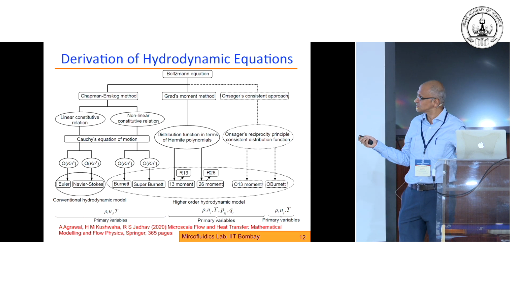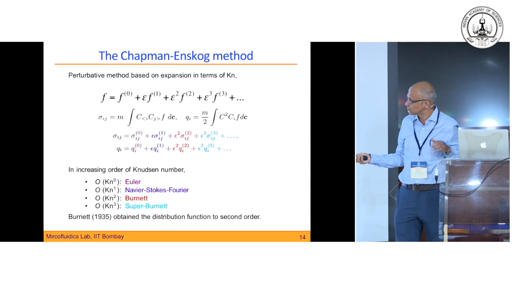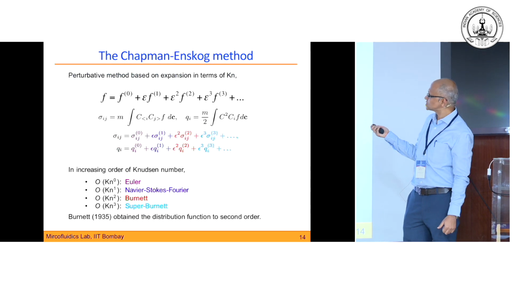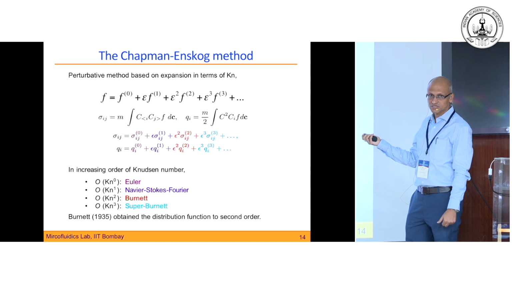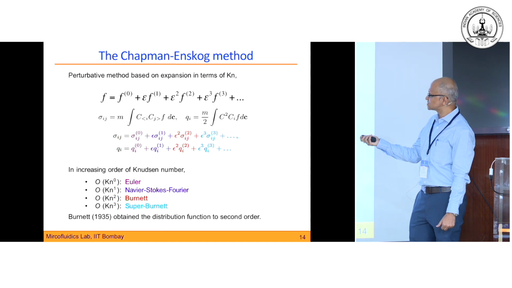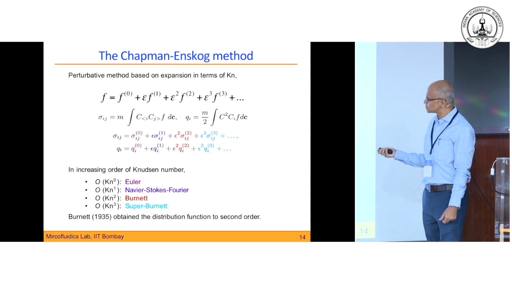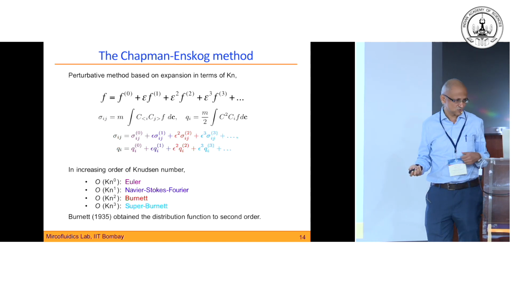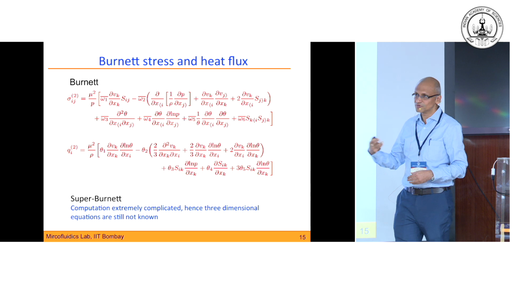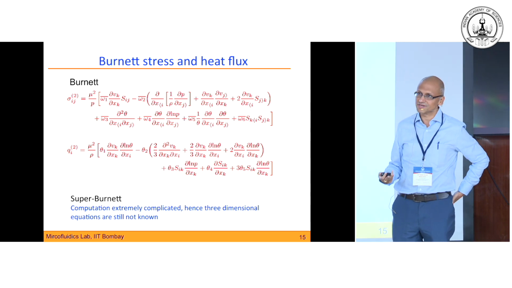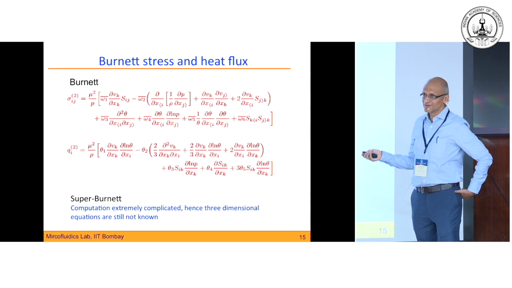These are methods to estimate an f, and once you have estimated an f, which I will not get into, you use some sort of a perturbation and ask what order you are truncating at. Depending on the order of truncation for f, you can get stresses of different order or heat flux of different order, which upon substituting into the Cauchy equation will give you this hierarchy of equations. So this is essentially what goes on in this method. If you do it at the first stage, you can show that you will get the Navier-Stokes or the Newtonian stresses exactly, whereas if you go further, you will get the Burnett stresses